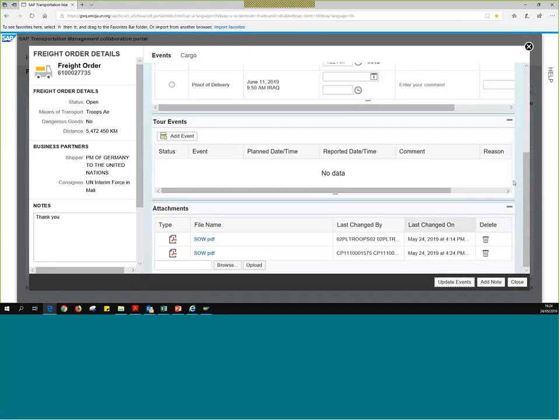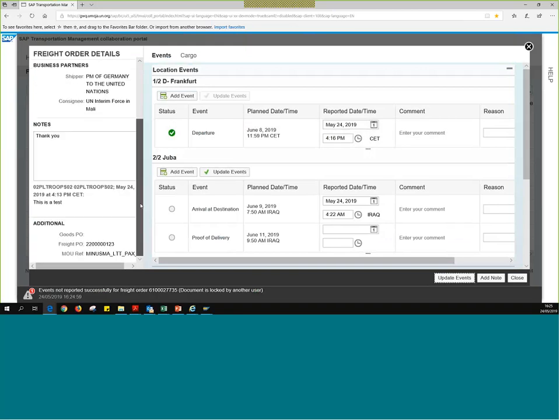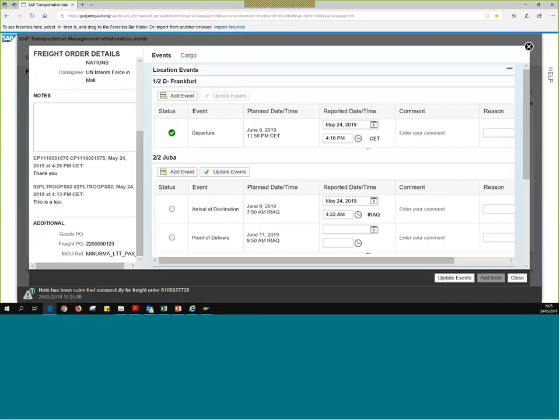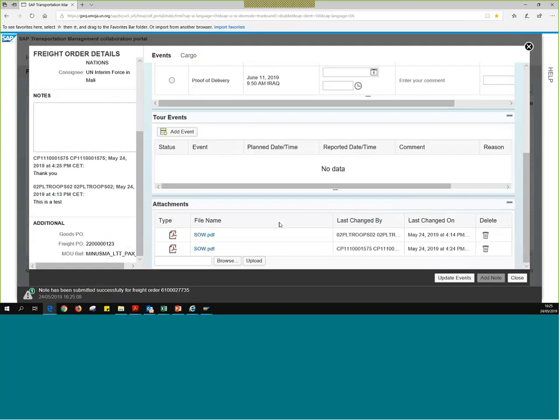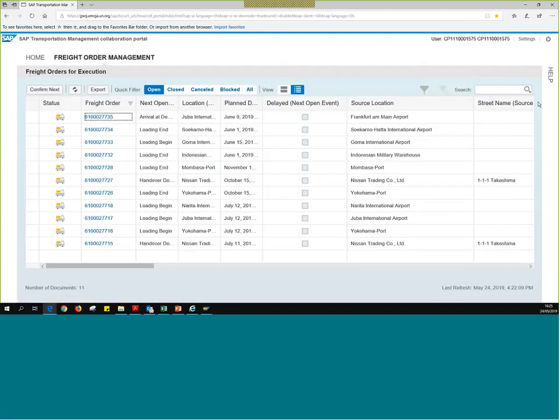And now I'll move back to TM so we see how that has been reflected there. All right, nothing else to do here. I added the note, so we have thank you, this is a test. Again, we click on the add note button to make sure that it goes through, and we update the event to make sure that the event has gone through and the upload of the PDF is there as well. So since this is done, we can just close here, go back to the